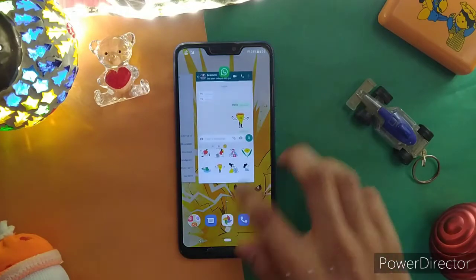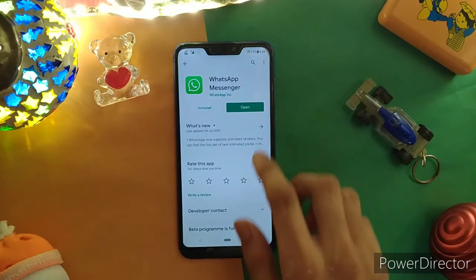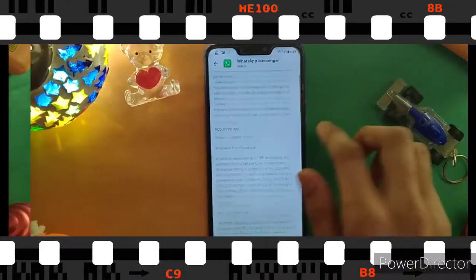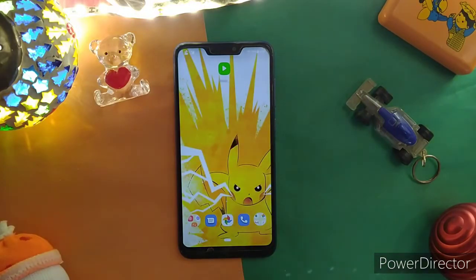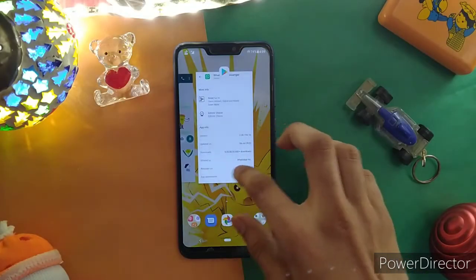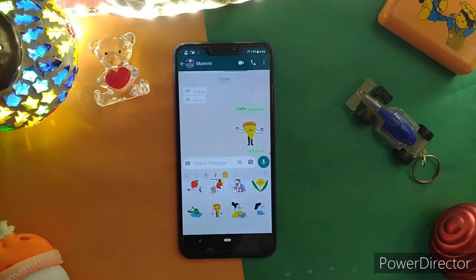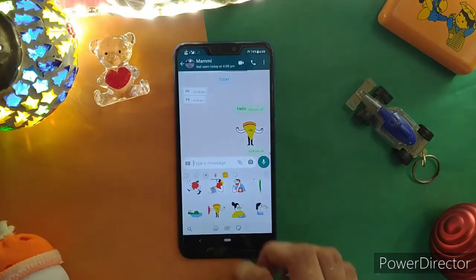So first, update your WhatsApp and check out the version. The version is 2.20.194.16, and our first trick is how to send an animated sticker. So simply go in any chat, and after that click on the plus icon and